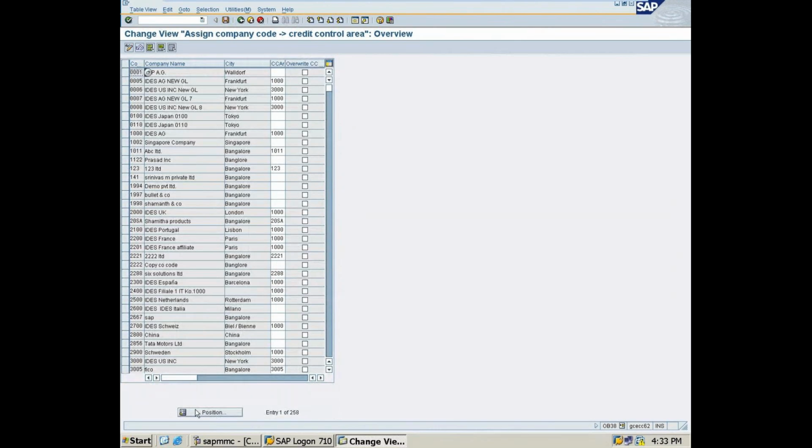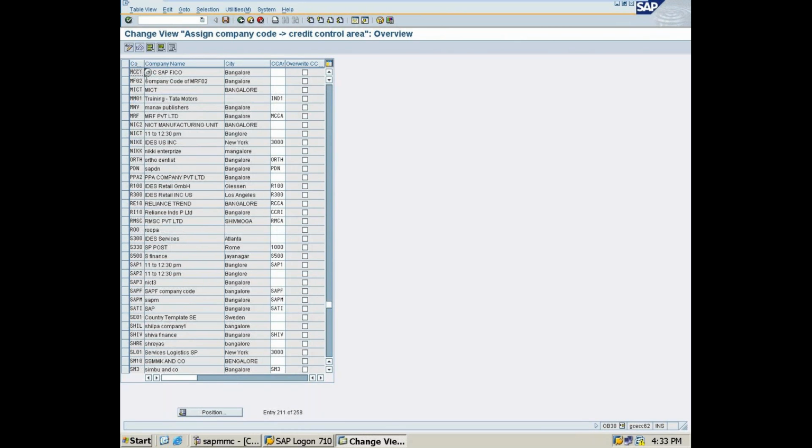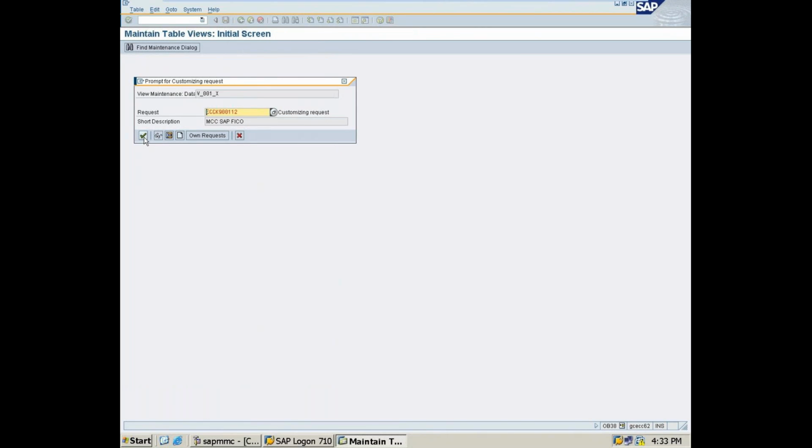Here position MCC1. In this line, give your credit control area, that is MCC1. Then save.